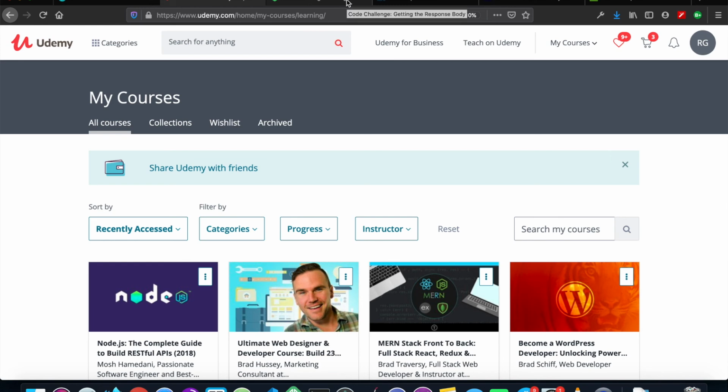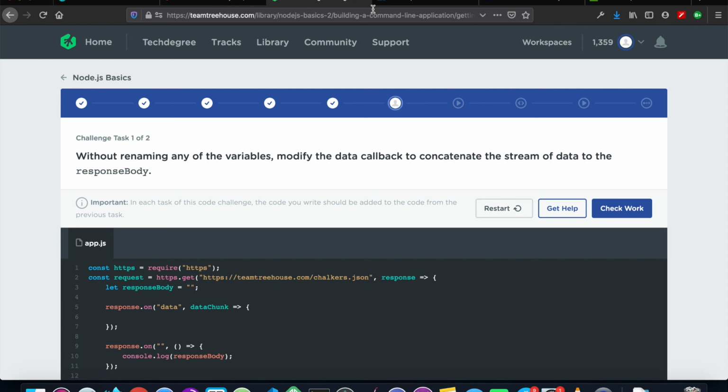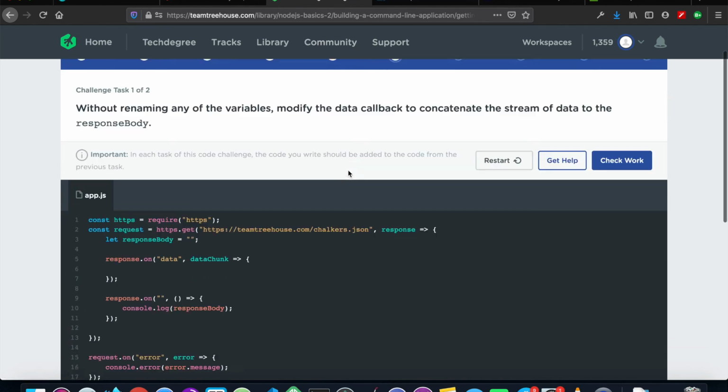If you prefer more of a school scenario, then I would definitely go with Team Treehouse. The platform is great. I even like it a little bit more than Codecademy, because of the videos and their forum and